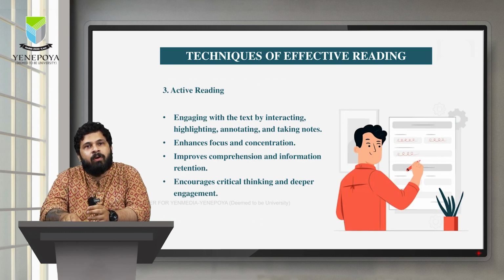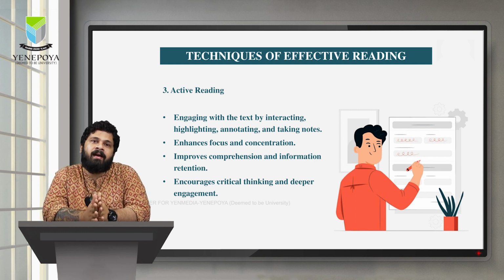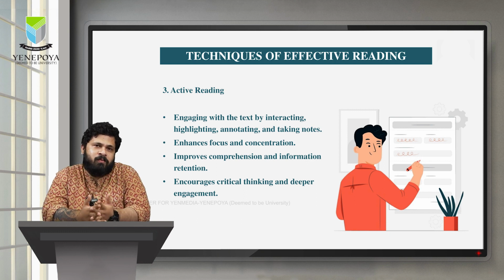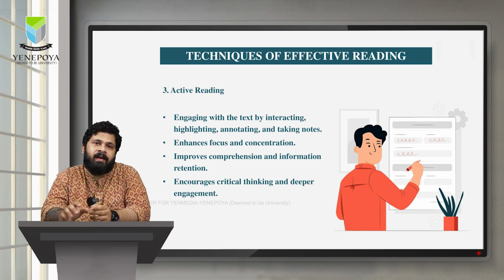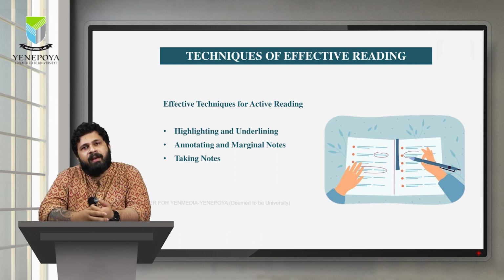Next, we move on to active reading. Active reading is engaging with the text by interacting, highlighting, annotating and taking notes. What are the benefits? Enhanced focus and concentration, improved comprehension and information retention, and encouraging critical thinking and deeper engagement. Now let's see what the effective techniques for